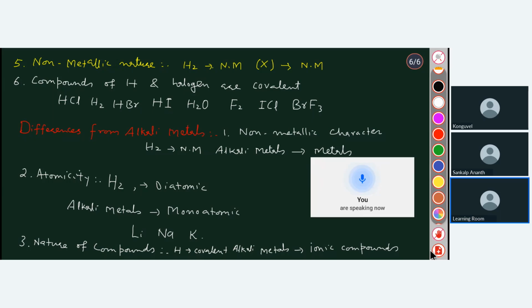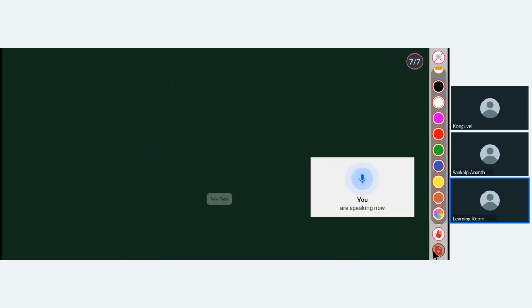So this is the difference from alkali metals, right? Now let's see the difference only from halogens. You have to remember only three differences in this class. Another is the ionization energy, but you haven't studied what ionization energy is. Have you studied it? No, sir. Okay, that means you have not studied that. Then let's see the